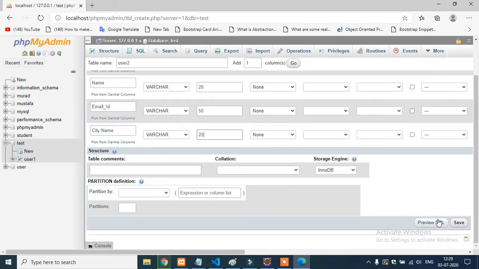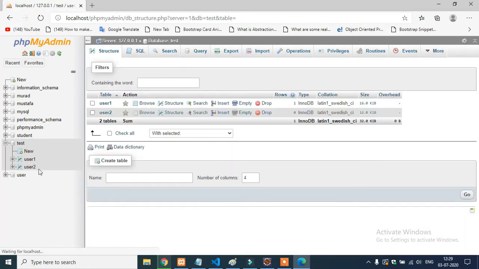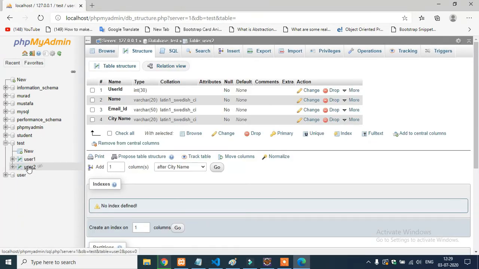And click on save. And now see guys, user2 got created. Test is the database name and user2 is the table name.